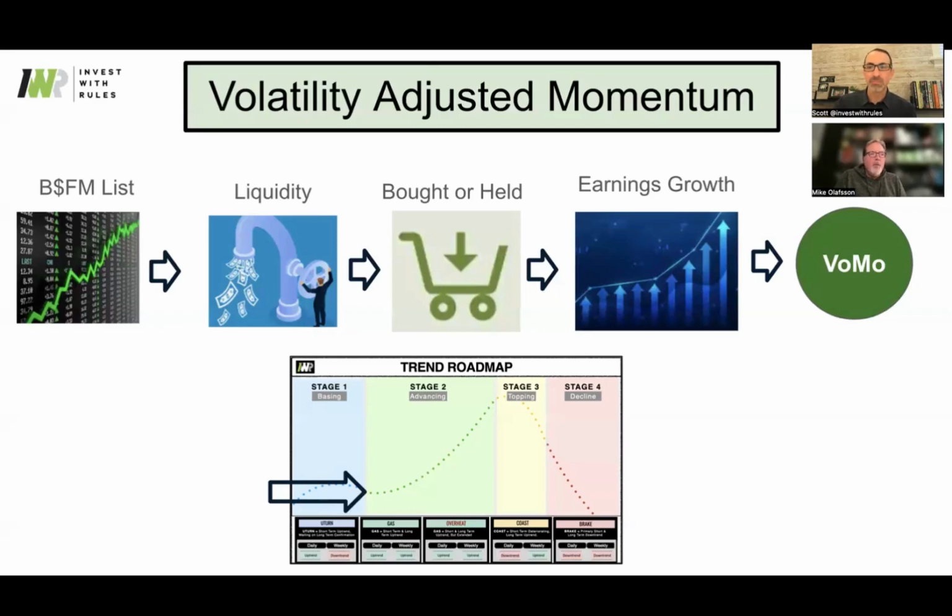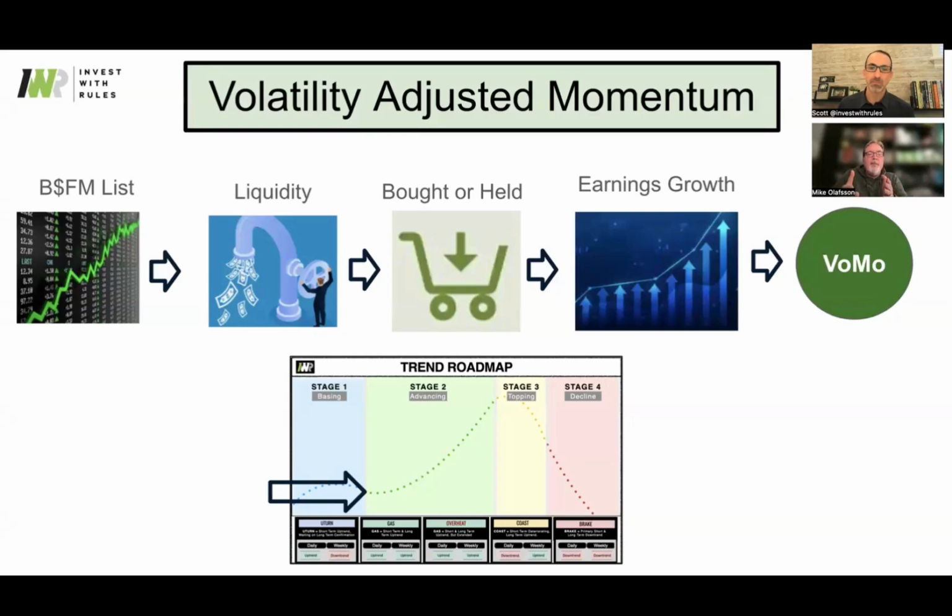Yeah, and I guess the one key thing to underline is that because now we're going to rank, what you're going to know as a member, and what Scott and I will know when we are making our decisions, is if you've got an investment choice and the trend roadmap says two $2 billion fund manager stocks are on GAS, and one is ranked 10 and the other is ranked 15, you know that the number 10 one has done better over the time frame we're analyzing than the number 15. Does that necessarily mean it's going to do better going forward? We don't know. Nobody knows.